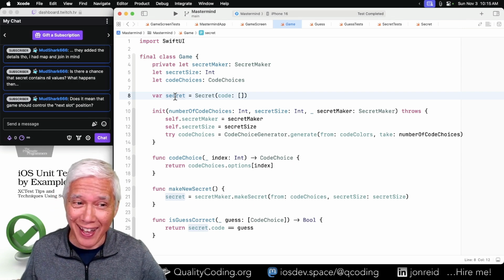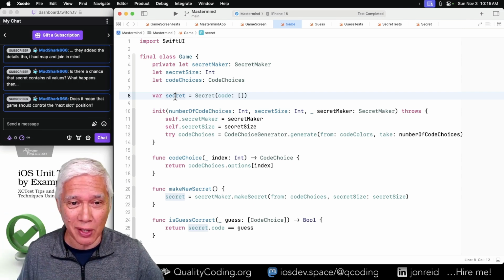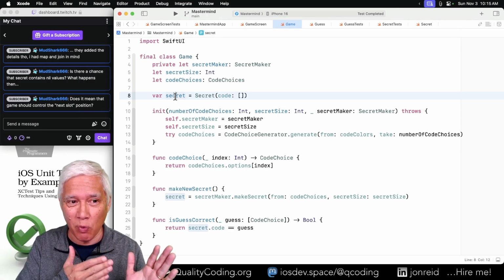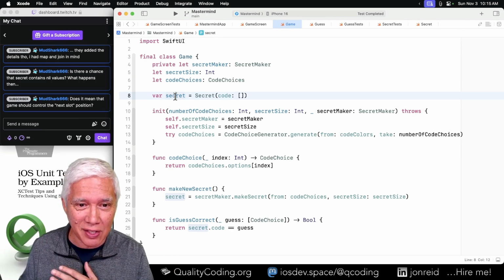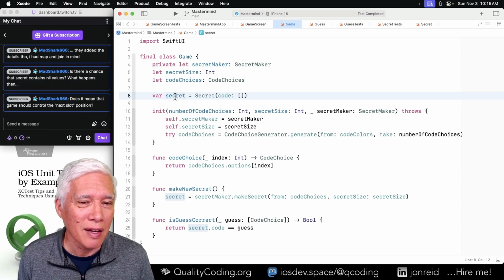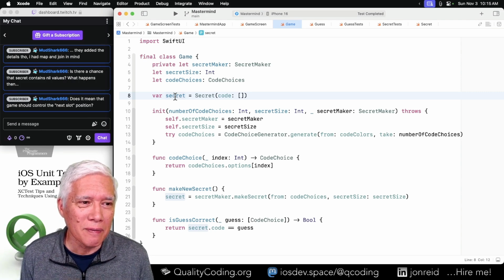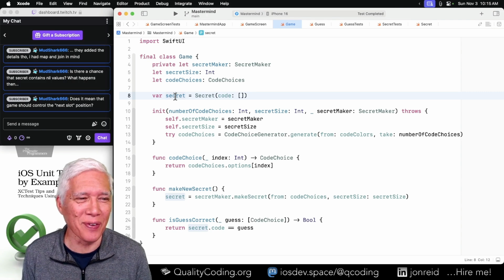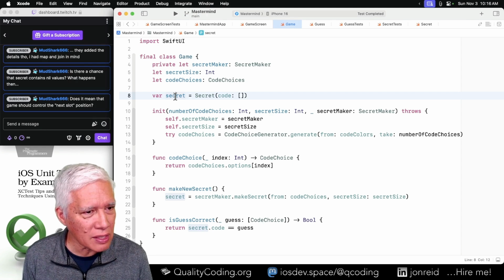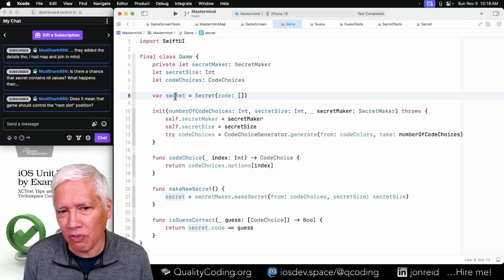Yes. That's what we want to get to, Mudshark, is the game should probably keep track of where the next guess is going to go. When you make a guess, where does it go? You've been on this for weeks, I know. So let's figure out if we can't do